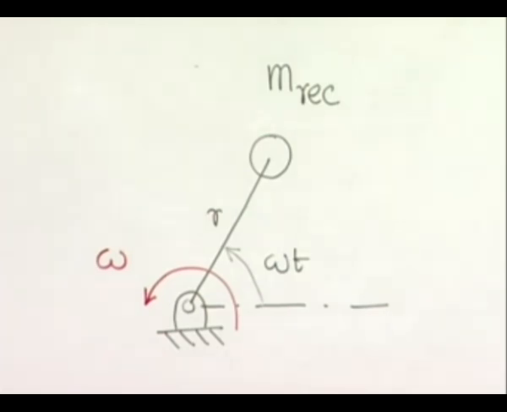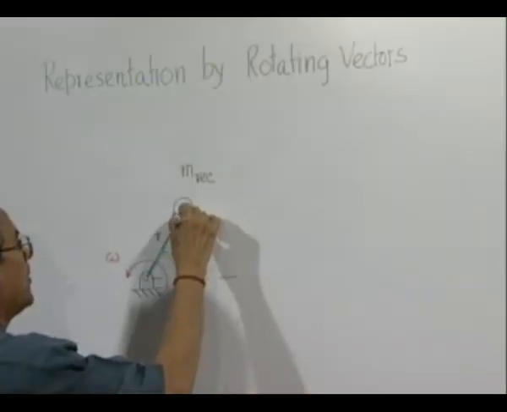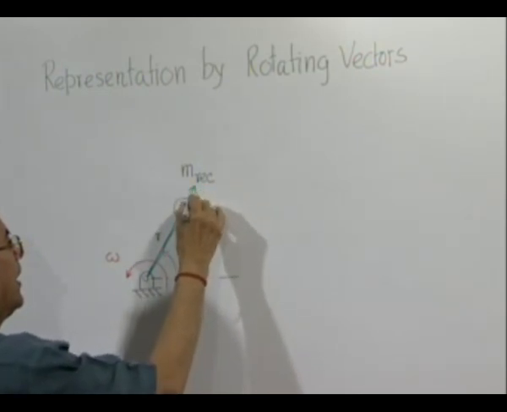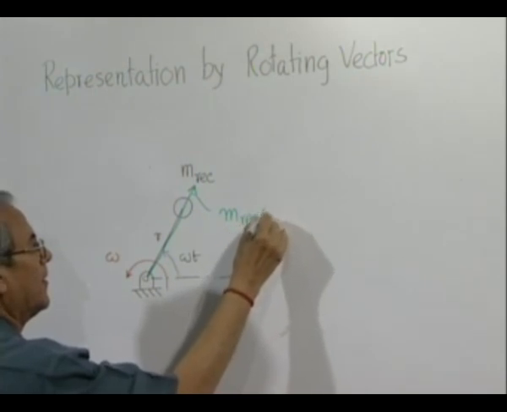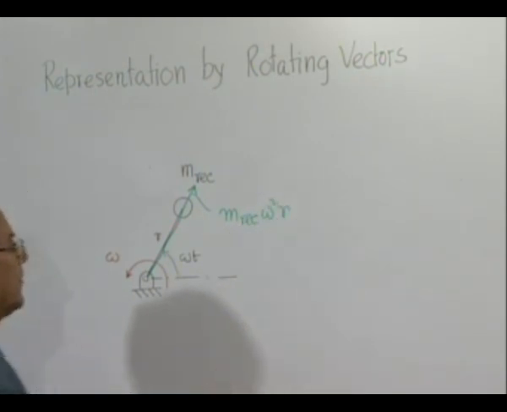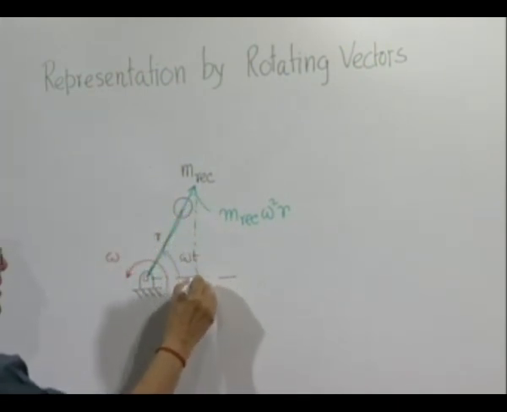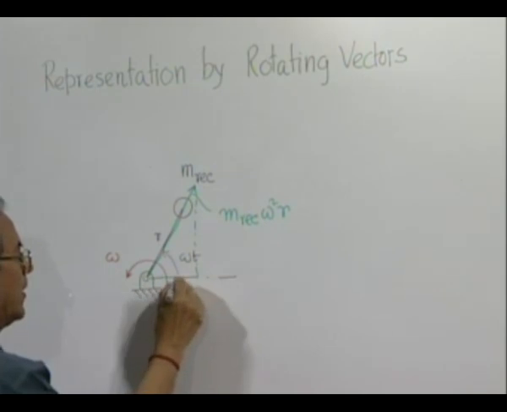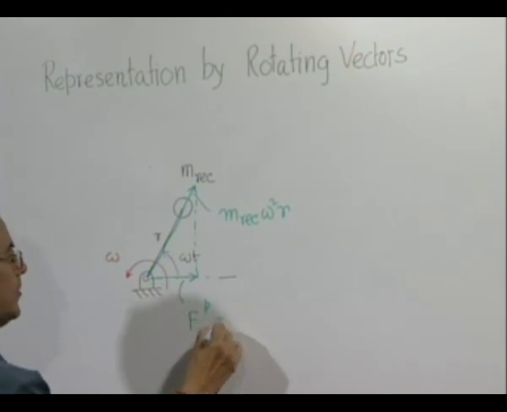Then this rotating mass will produce an inertia force, and its component along the x direction, if we call it primary, will be equal to